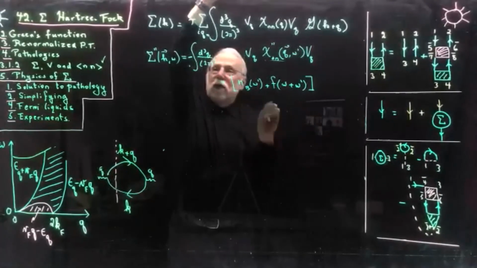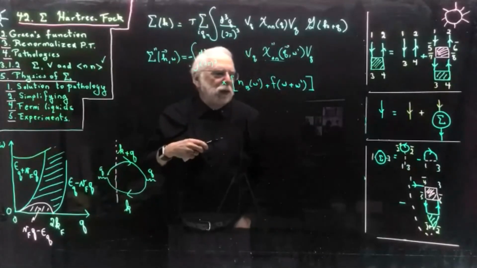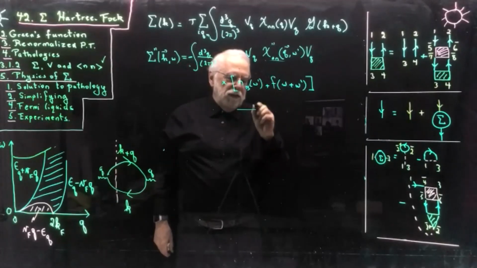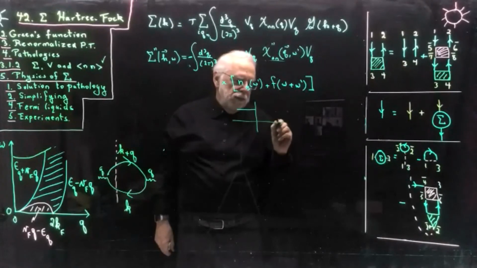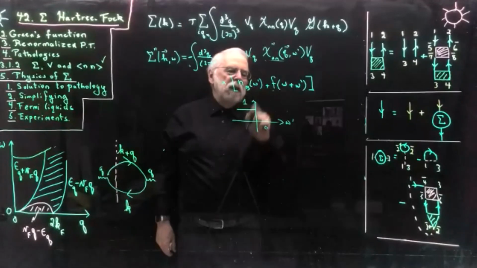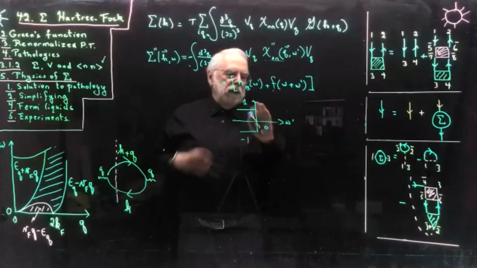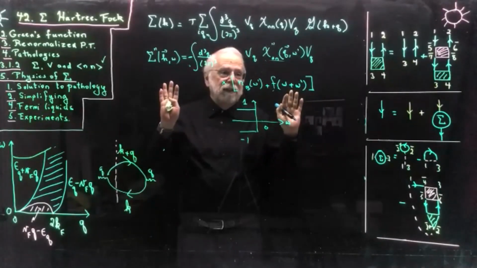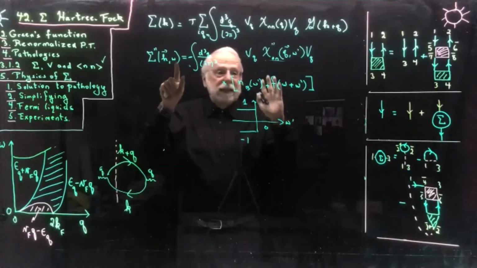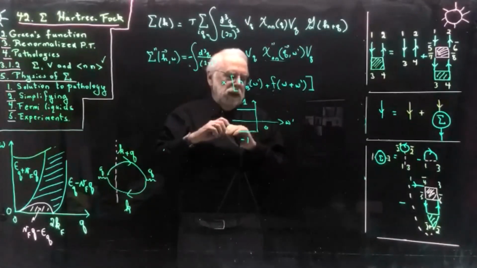And now what happens when omega is equal to 0? When omega equals 0, at 0 temperature, this is 0. Why? Because if I look at the function of omega prime, the Fermi function is 1 here and it's 0 there. And this function here is minus 1 here and it's 0 on the other side. So it's 0 everywhere. Okay, so whatever the value of k, I get 0 for the imaginary part at 0 temperature at omega equals 0. Okay, so that's one thing I can show.